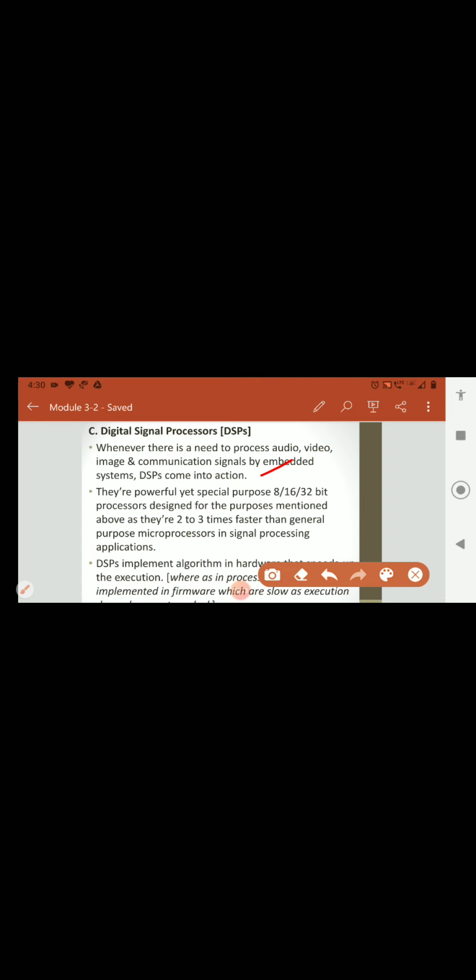We have mentioned the purposes for which we are using them, and they are 2 to 3 times faster than general purpose microprocessors. That you should remember. So in signal processing applications specifically, these DSPs are 2 to 3 times faster than general purpose microprocessors.